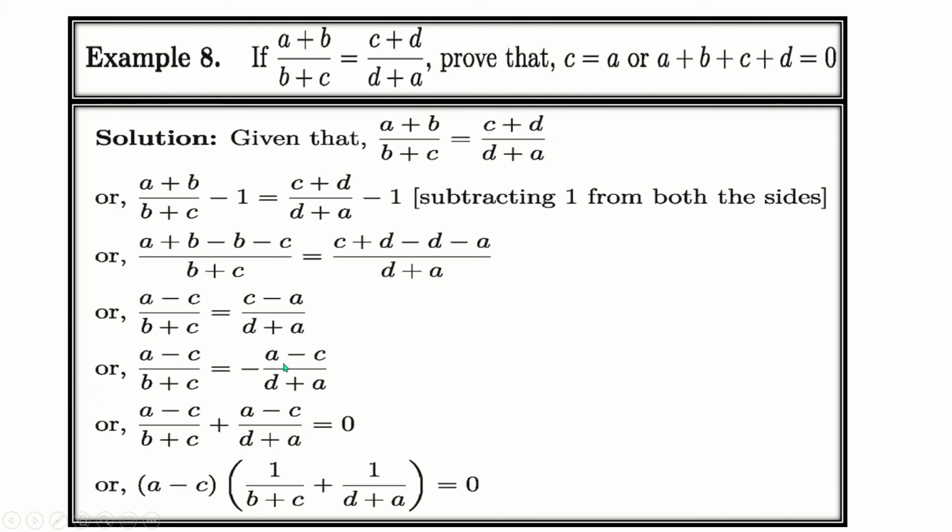Now, as here is a minus c, we can convert c minus a into a minus c, but we have to take a common minus. As a result, here will be minus and here will be a minus c. Okay, as this is a minus, this converts to the left side, here will be plus. Now taking common a minus c, as a result, here will be 1 by (b plus c) plus 1 by (d plus a), and here the LCM will be (b plus c) into (d plus a). Now follow next.